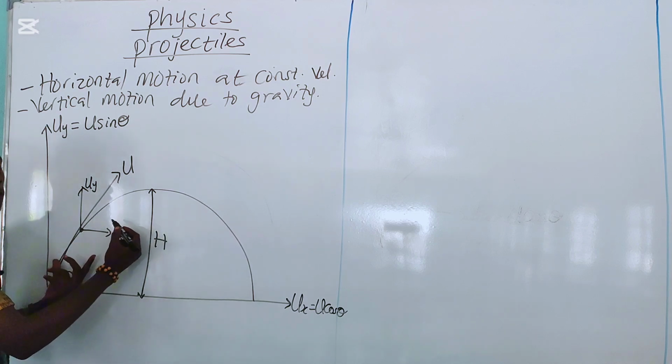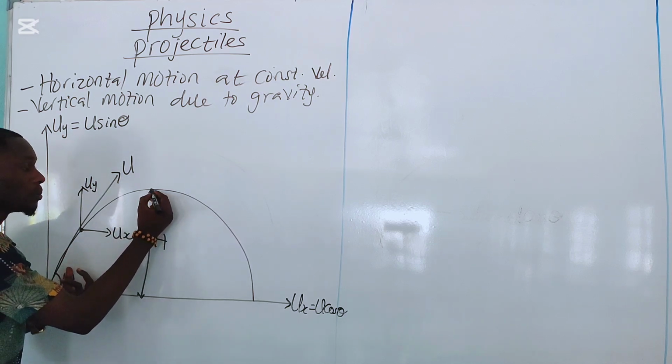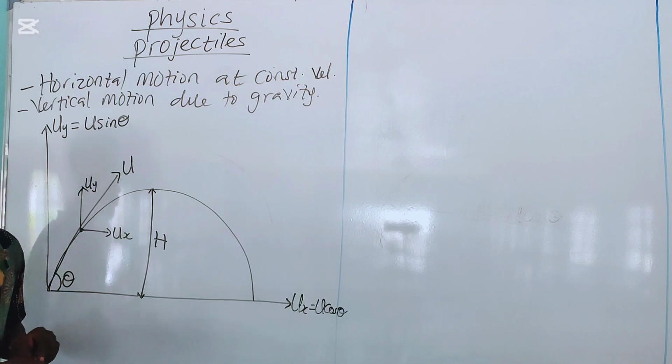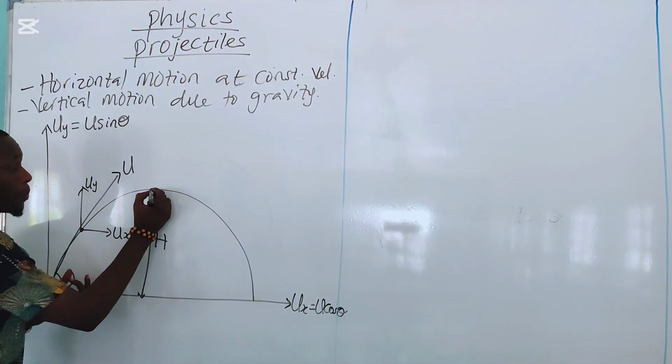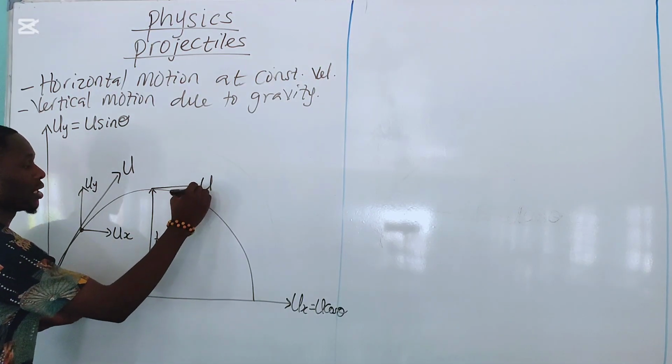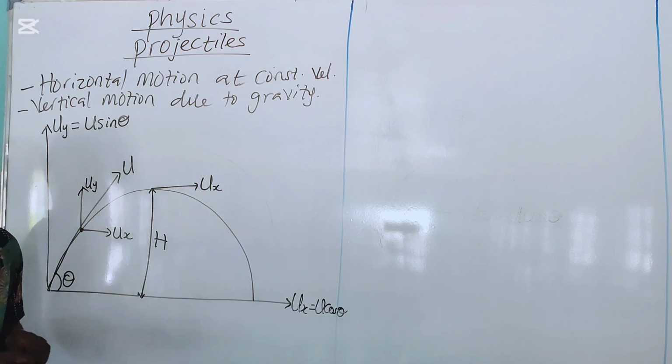However, once the projectile reaches the maximum height, or the maximum point of the projection, the projectile will only have the horizontal component. Reason being that